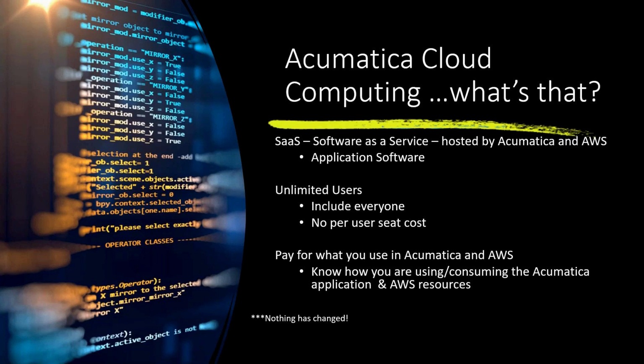And then what happens is we actually consume resources on the server. So we're going to pay for what we use in the Acumatica Amazon Web Services environment. We're going to talk about how you can know what you're using and consuming in Acumatica and the application, and therefore how we're putting a demand on those AWS resources. And this is, again, nothing new. This is what's happening today in the SaaS environment. When we talk about the licenses that all of our existing customers have today, nothing has changed in the new license model. These are still parts of those.